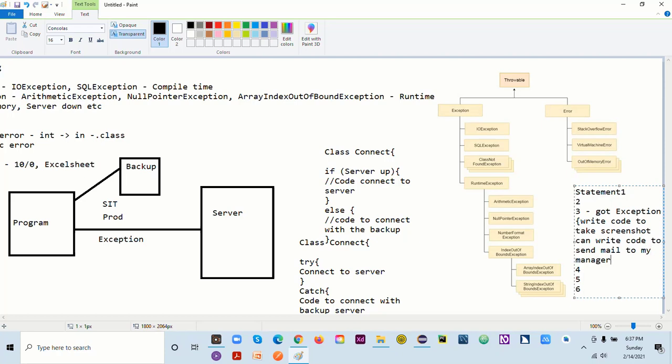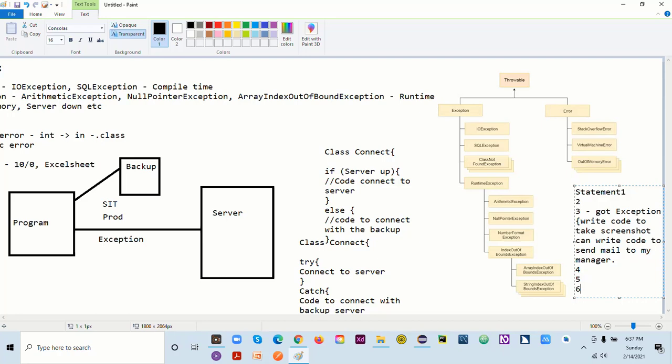As soon as I get any exception, I can take a screenshot of that and share it with my colleagues or my manager, and I will keep running. I will not stop here. My code will keep running. I will check some other stuff as well. That's why we use all this.